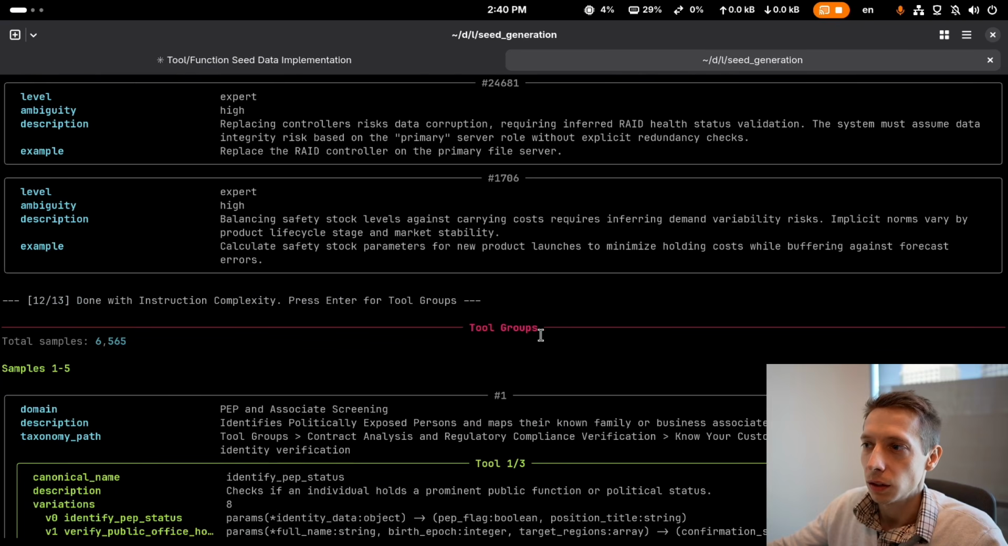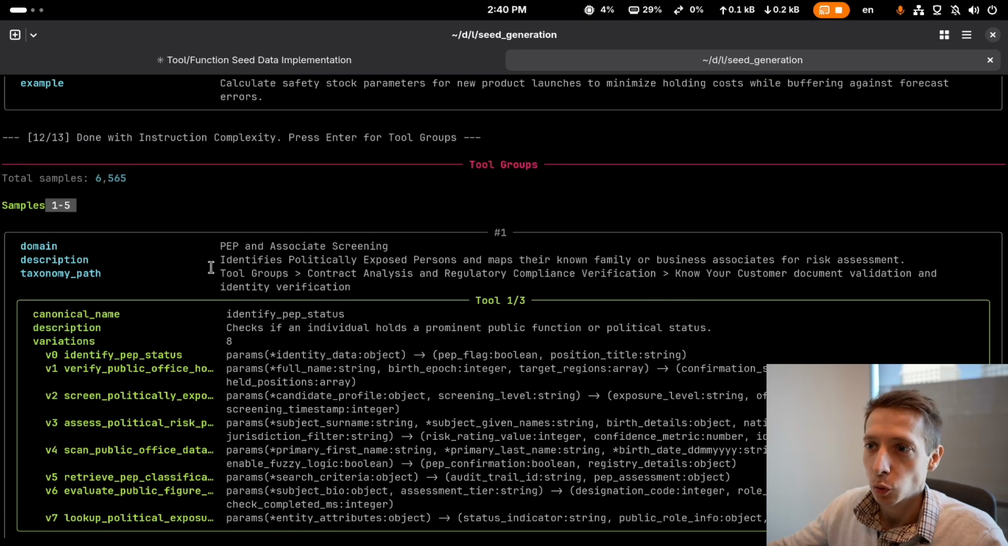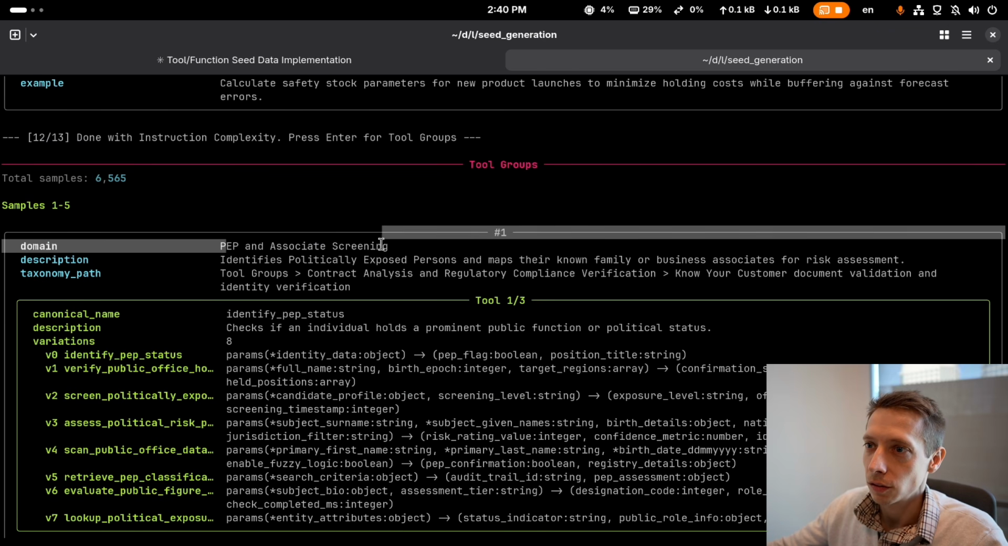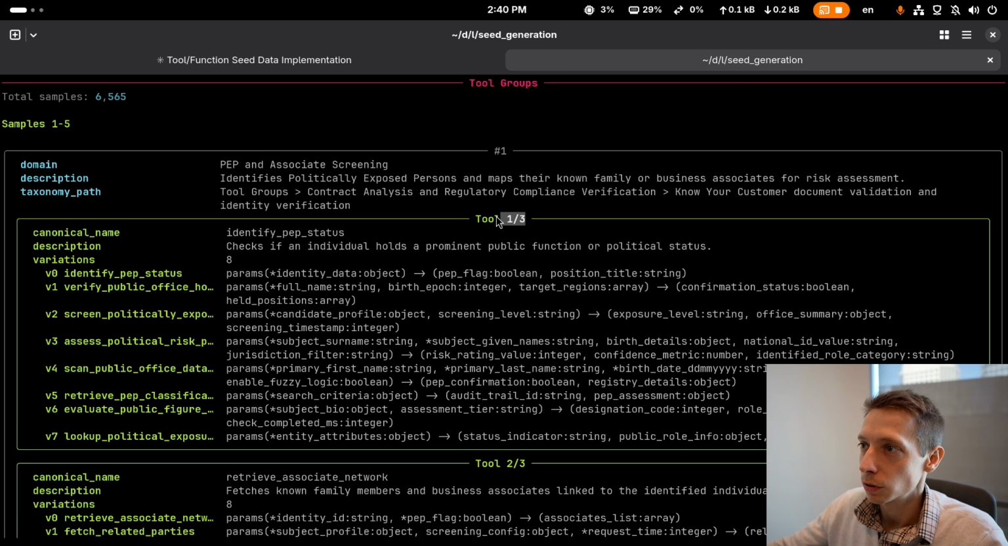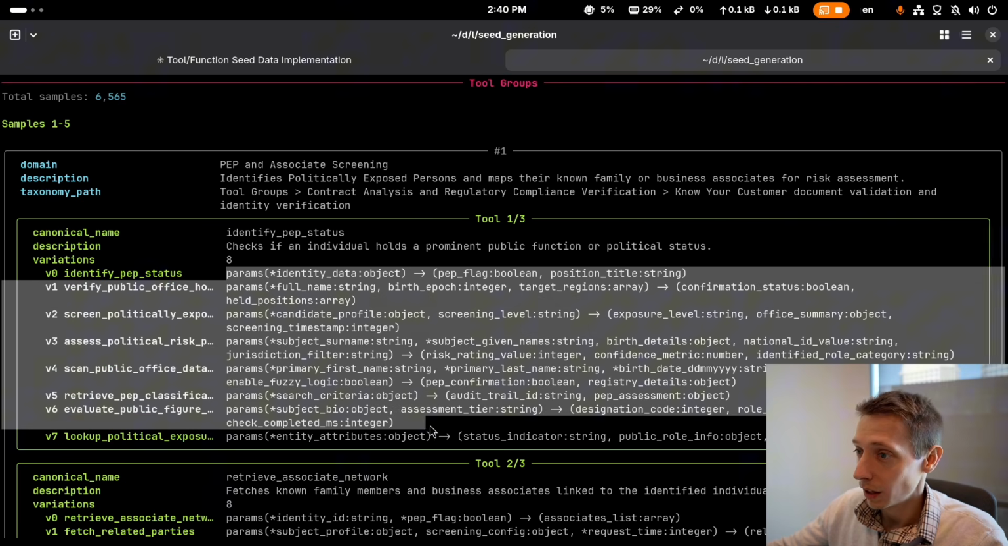So here we have the tool groups, sorry. This is sample 1 to 5: domain, PEP, and associates screening. So we have tools. We have one tool with the canonical name identify PEP status. And then we have,